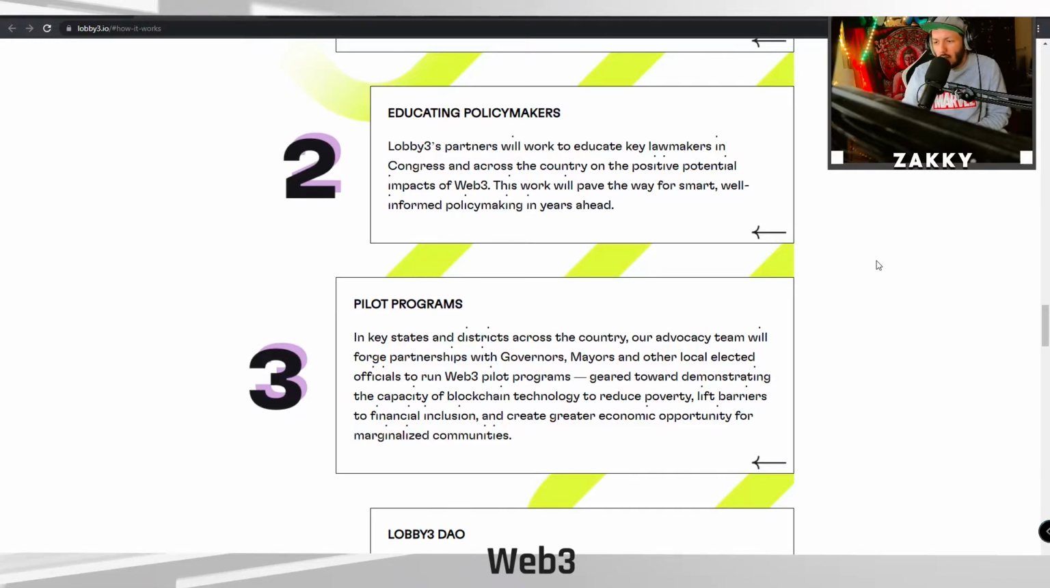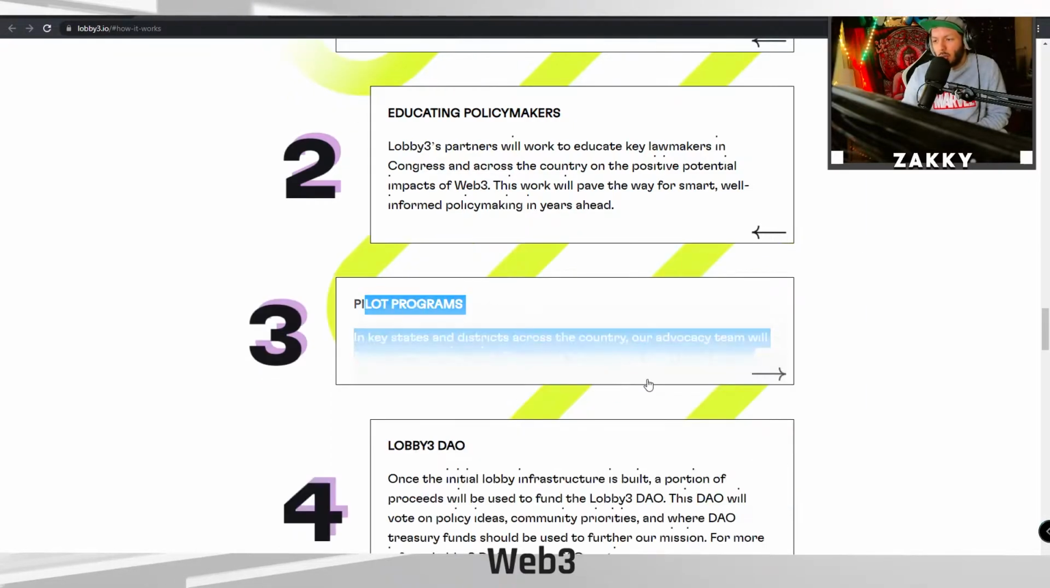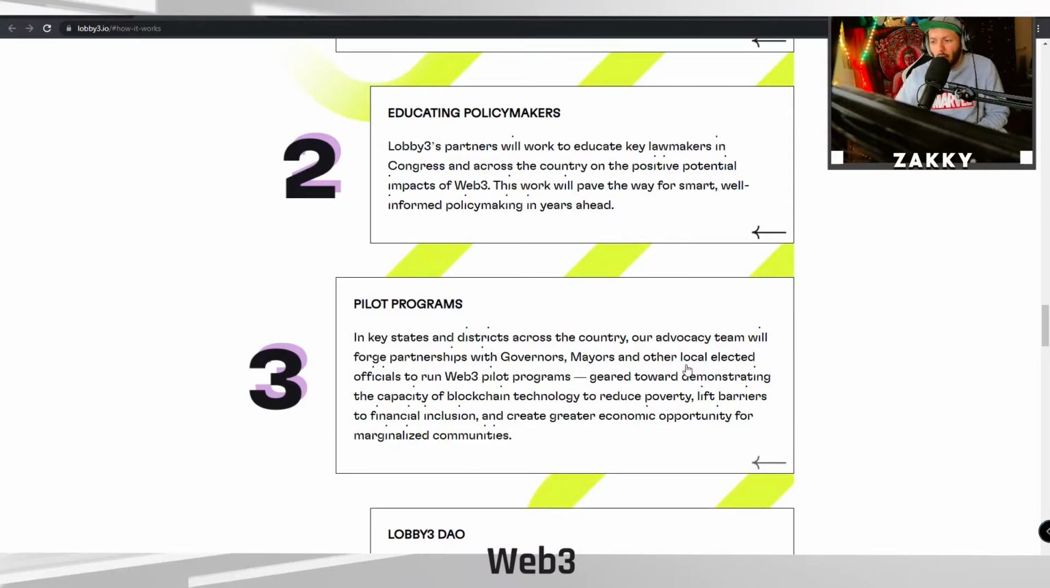In the key states and districts across the country, our advocacy team will forge partnerships with governors, mayors, and other local elected officials to run Web3 pilot programs. That's interesting. Geared towards demonstrating the capacity of blockchain tech to reduce poverty and lift barriers to financial inclusion. So this one actually is one of the exciting ones to me, because I do believe that generally it's going